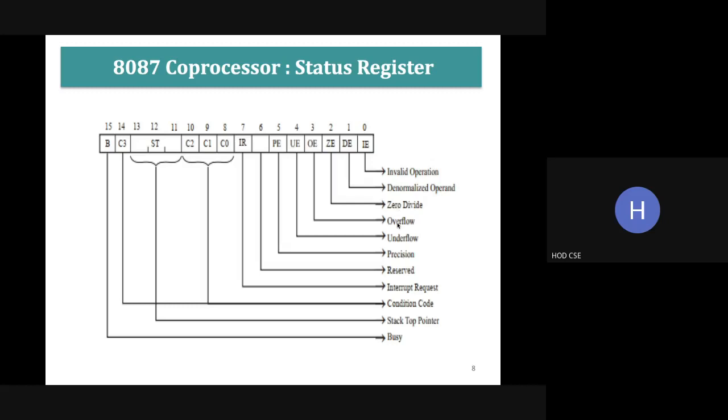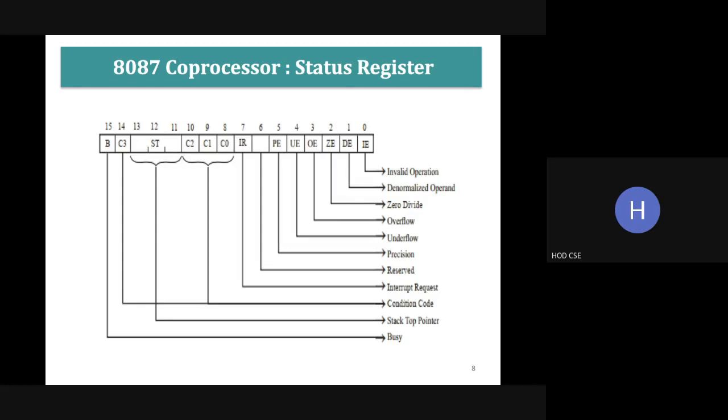Next one is the overflow condition. The stack size here is 8 registers. Suppose you are trying to push the 9th data into the stack, overflow occurs. Another thing is if the result is too large to fit into the registers. For example, if you are adding two 80-bit data, all the registers here are 80-bit. So 80-bit data plus another 80-bit data, we can get data of 81 bits, right? Under this condition, we can hold only 80 bits in the registers. So when this occurs, the overflow bit will be set.